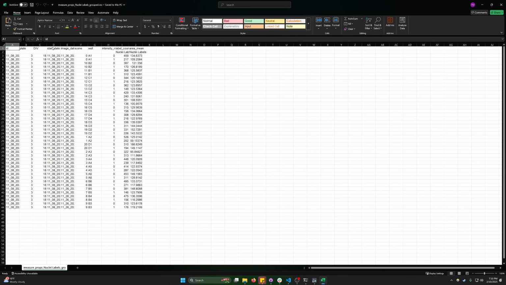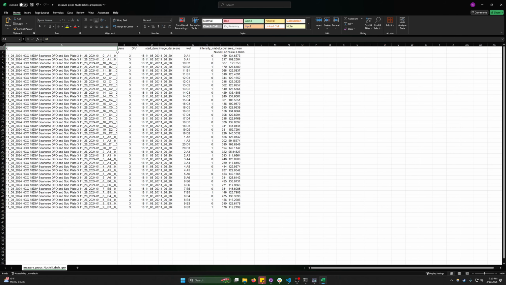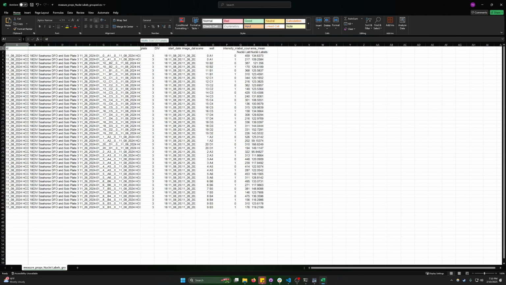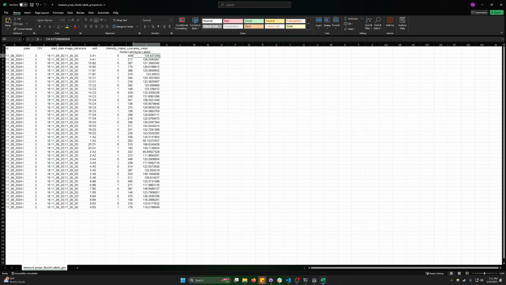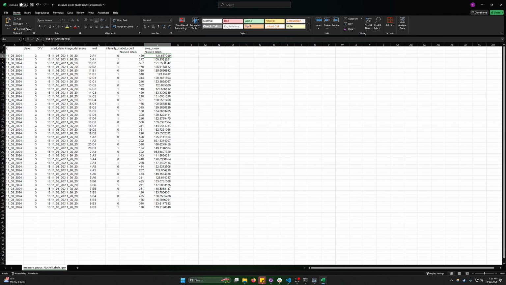In our file, ID is the full length name of that whole image. But we could see plate 3, 18 DIV, it was imaged on this day, scene 0 and well 8.1. It has, inside the region of interest, a value of 1, 217 cells. Outside the region of interest, 459. If we look at the area mean of the labels, we could see that it's around 130, and nothing looks really weird, except for maybe we want to check